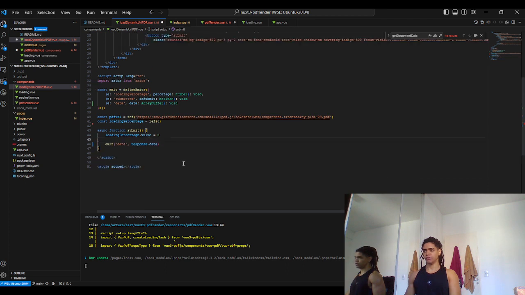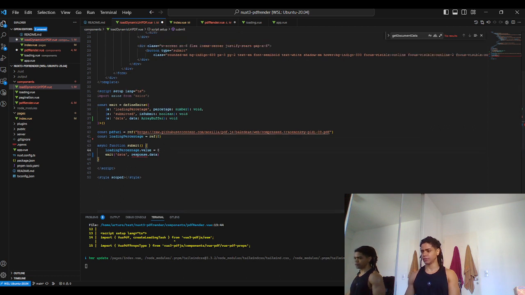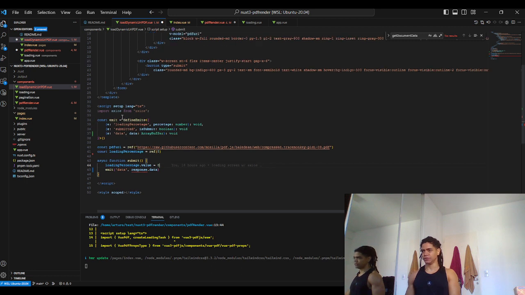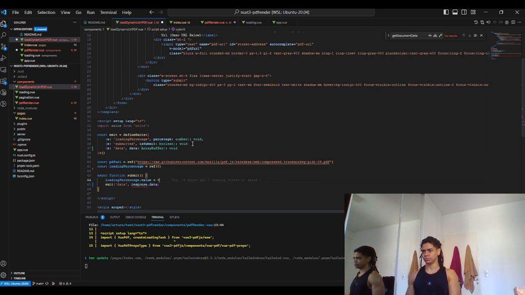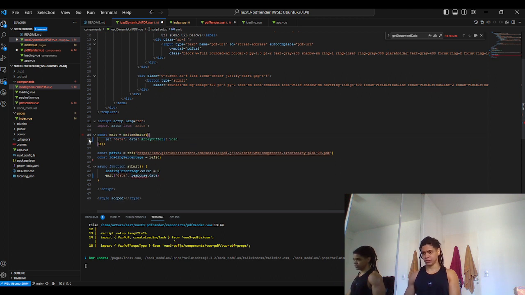So in fact, from the load dynamic URL PDF, I just want to emit that event, an event that I define here. Previously I defined a couple of events here, but after all, what I just want is to emit this event, which is the